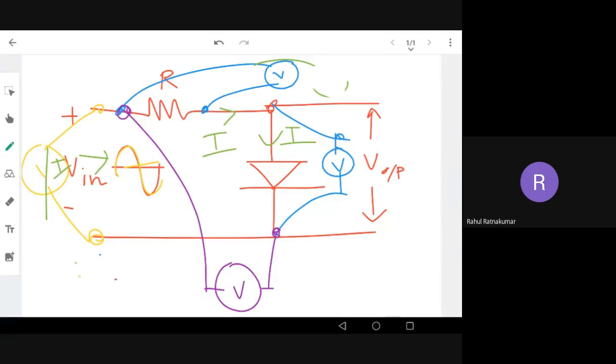So you should know what the current and voltage flowing through your device or component are. That will help you to design the specification. Not only do you design the circuit, you should tell for each of this resistor, diode, transistor, everything, how much wattage, because the more the wattage, the more the cost.